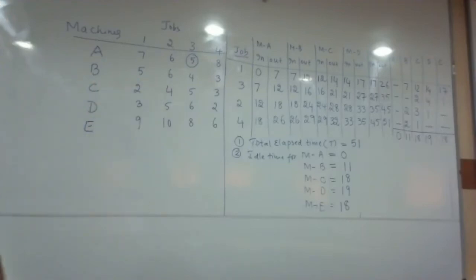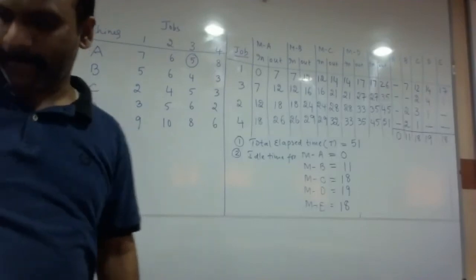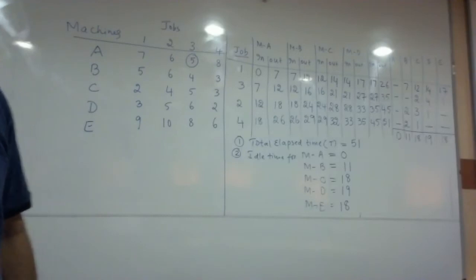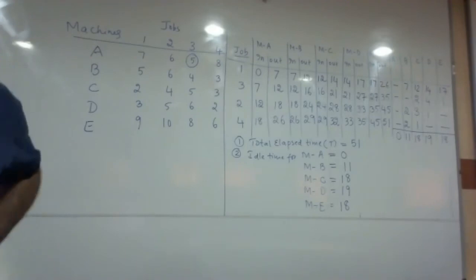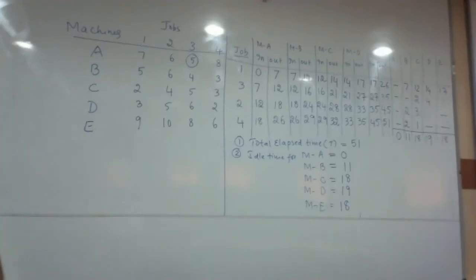But in the last 2 kinds of problems, the idle time for A was calculated by last job completed minus the last job for A. But like that we can do here also, no? Because A in that column doesn't have any value, so it will be remaining idle until the last job completes. Yeah, I'll tell you why we don't calculate it that way in multiple jobs or multiple machines.